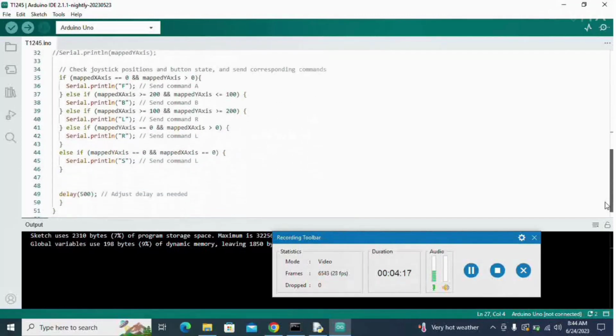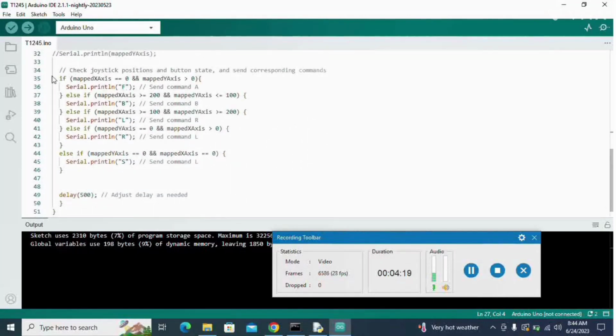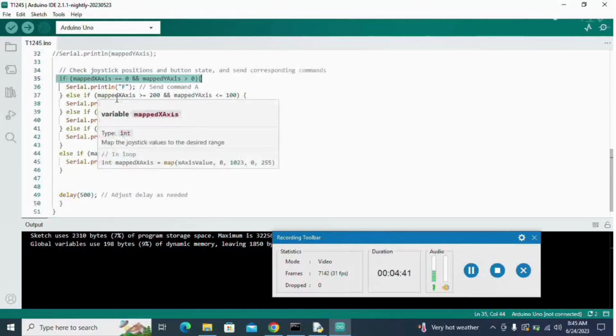Then if map x value is equal to 0 and map y value is greater than 0, it will send f. If map x value is greater than or equal to 200,